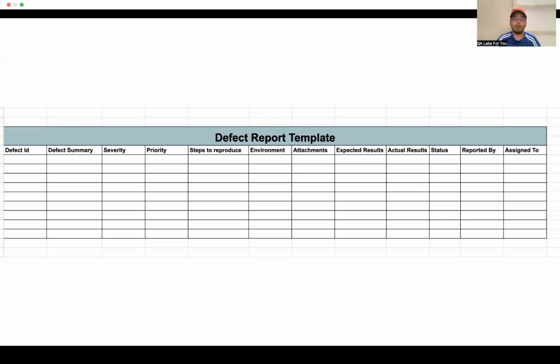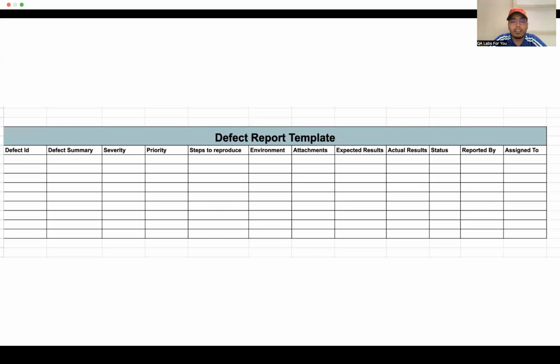Now I want to explain the Jira workflow to you. Suppose this is the defect report in Excel. Now if you want to use Jira, because Jira is very popular and most of the companies are already using it, I'm just trying to explain how it will work if you want to raise an issue on Jira. I have added different screenshots so that I can explain it in different ways, because